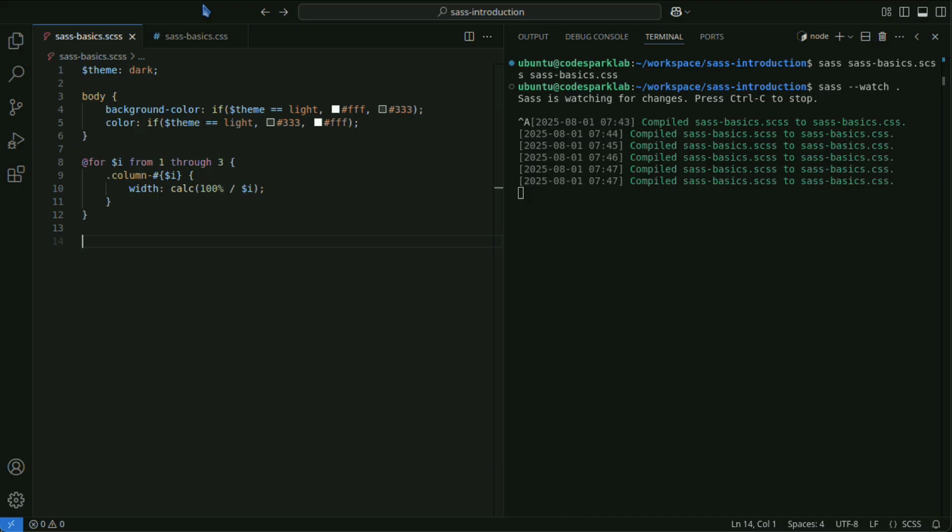Sass allows you to split files and reuse them using @use or @import.